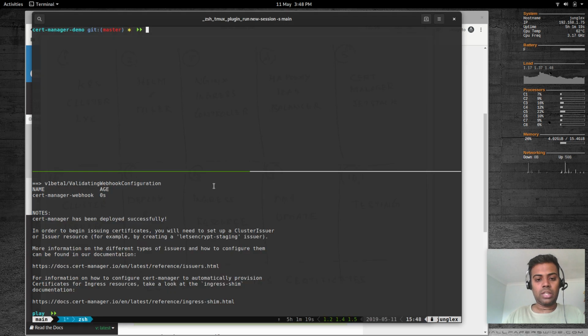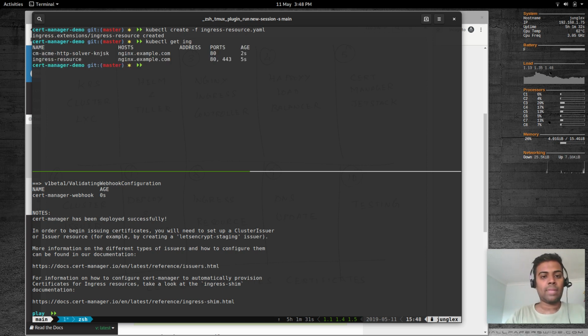I don't think we've deployed the Ingress resource yet. Let's do that. kubectl create -f ingress-resource.yaml. That's created. If I do kubectl get ingress, we have the Ingress resource we just deployed, listening on ports 80 and 443. And if I show you the details of this Ingress resource, you can see the certificate that it has generated for us automatically. kubectl describe ingress